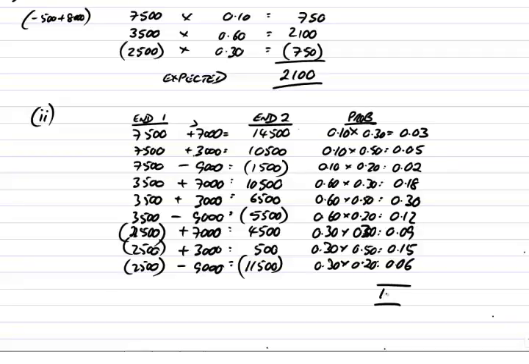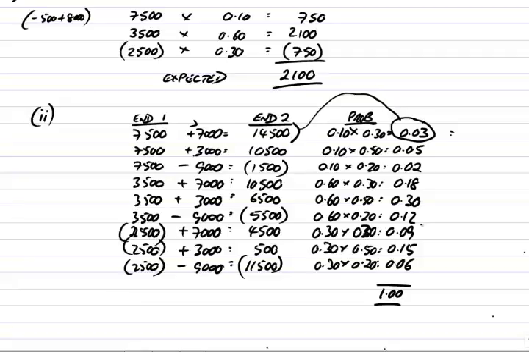Yes, it does equal 1. However, we wanted the expected value, and now we can carry on as we did in part 1. The expected value: multiply, in each case, the net result, so 14,500 first of all, multiplied by the probability, and